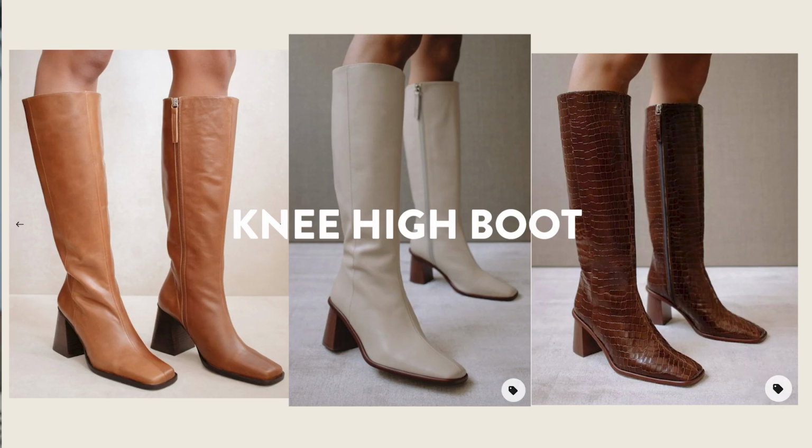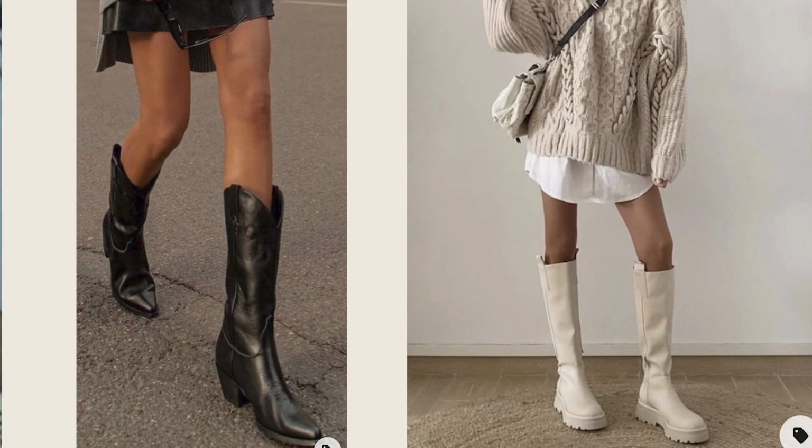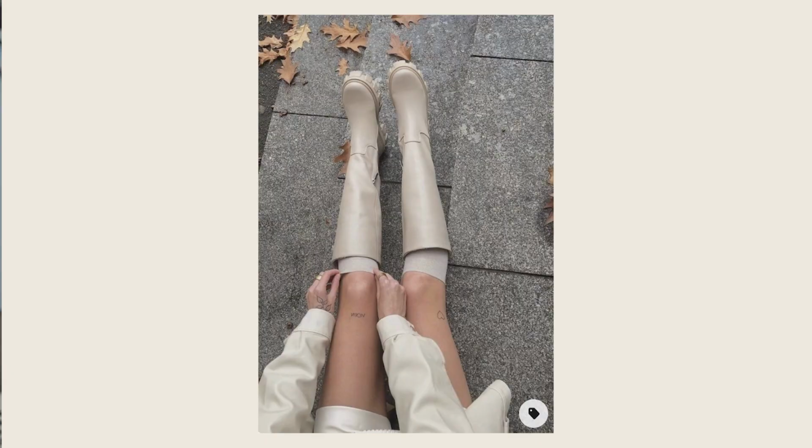Last but not least though, the pair of boots that I think is missing from my wardrobe is a knee-high boot, and specifically a knee-high boot that has some room at the top. So more of a straight cut knee-high boot I think could be an awesome addition to my wardrobe. I've been shopping around for which ones I think would be a great addition, but I'll leave you with some inspiration here. Let me know down below in the comments which one's your favorite, because you can maybe help me